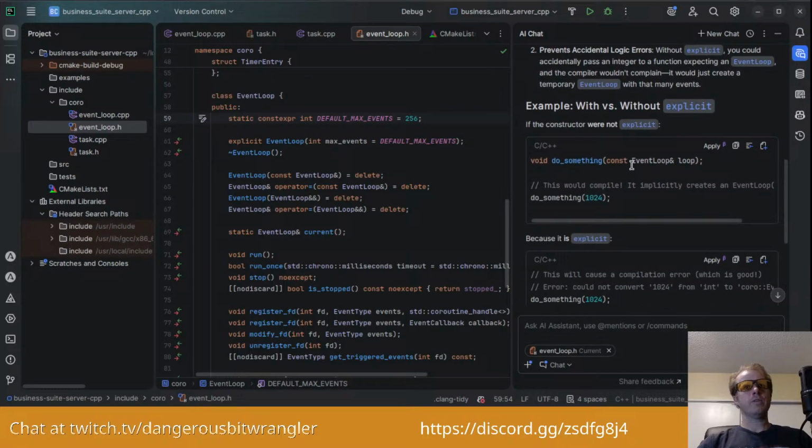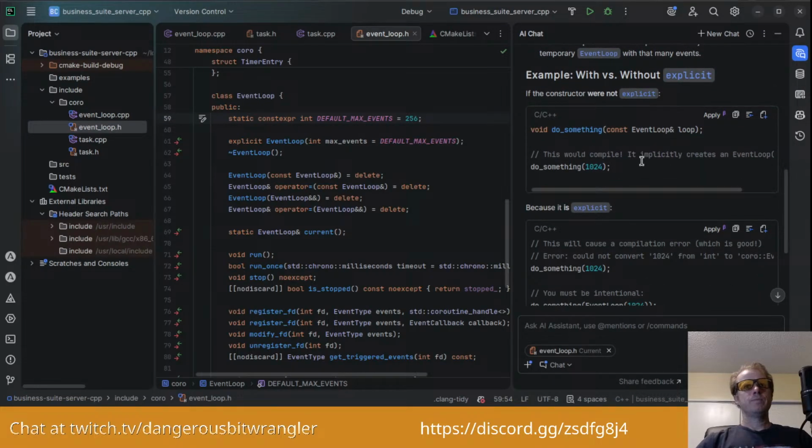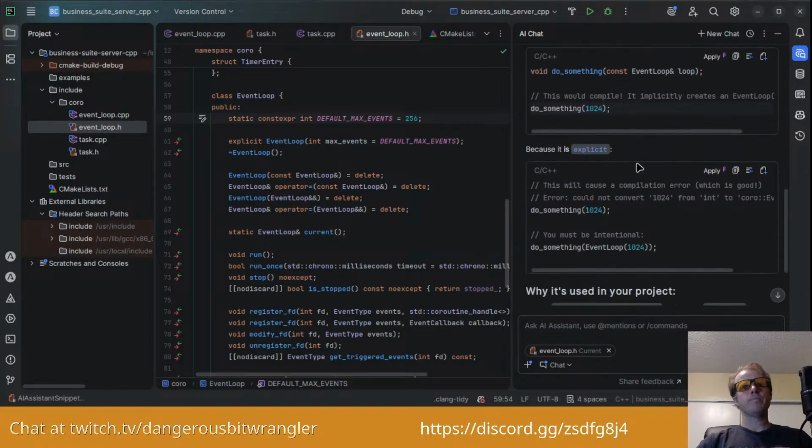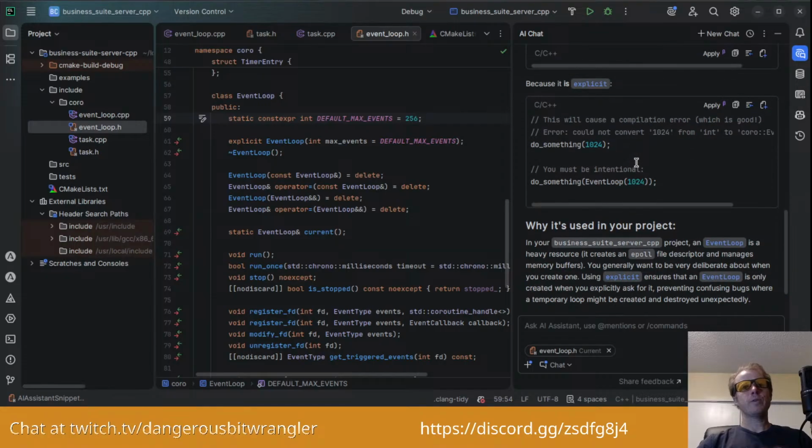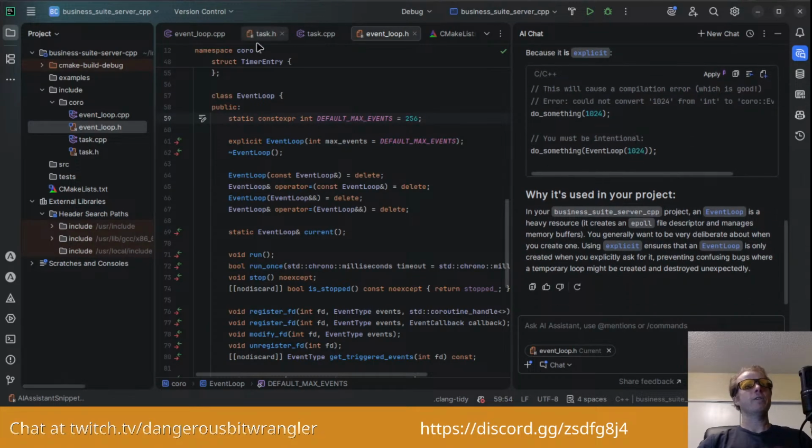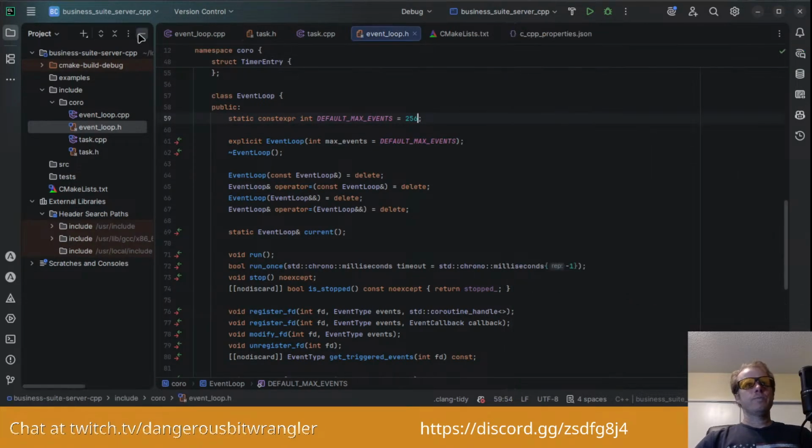Okay, interesting. And here's an example. If it's not explicit, you call a function that expects an event loop, you pass it a number and it's fine. It's totally cool with that. That is very fascinating. Got it. All right, cool. Now we're clear.